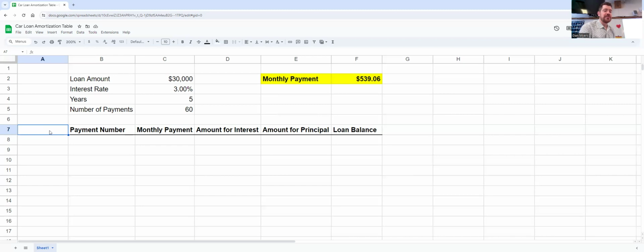So how many payments are we going to have total here? 60 payments. Okay. So payment number, this is going to be a long list. We're going to go all the way from 0 to 60. We are going to use 0, by the way, because 0 is before we make any payments. If we haven't made any payments, the loan balance is going to be $30,000. So we have to have 0 for payment number. So go underneath payment number, type in 0,